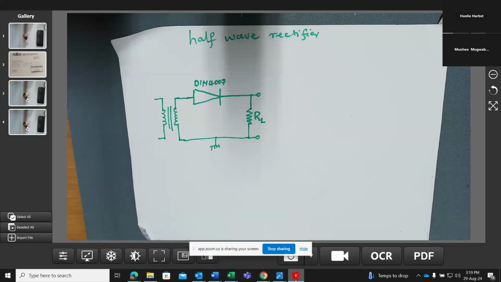Okay, good day, everyone. I want us to discuss the concept of the practicals with relation to your semiconductor devices. Now, the first section of the practical will be based on your rectifiers. If you refer back to your practical guide, you will see that you've got practical 2,